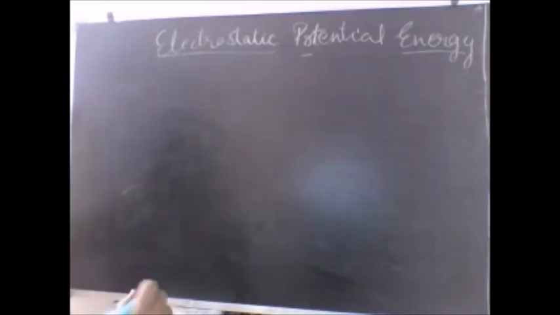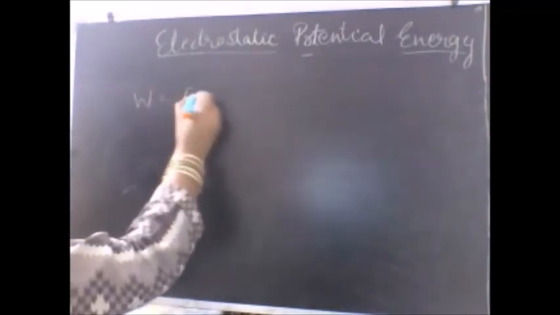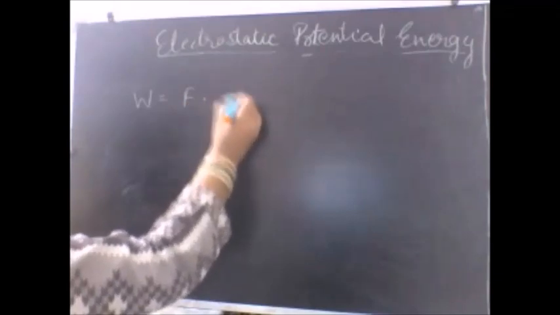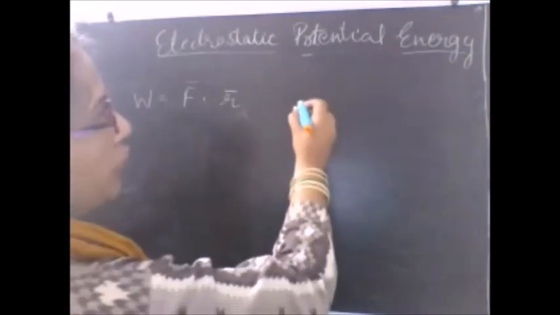So let us go back to our 11th class where we studied the formula of the work calculation. The work done formula is force into displacement. I'll put a vector sign and a dot in between. Work done is a scalar term. Let us draw the diagram again very quickly.